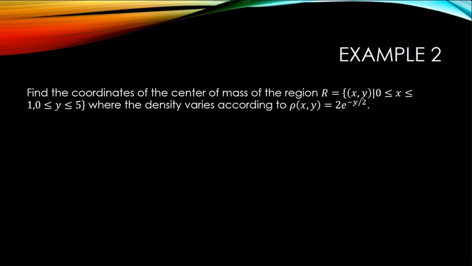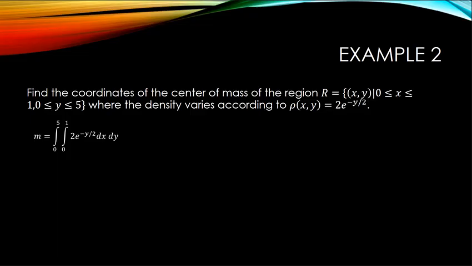I want to find the coordinates of the center of mass of the region specified by R equals the set of all x, y such that 0 is less than or equal to x, which is less than or equal to 1, and 0 is less than or equal to y, which is less than or equal to 5, where the density varies according to the density function rho of x, y equals 2 times e to the negative y over 2. My total mass, little m, is equal to the integral from 0 to 5 of the